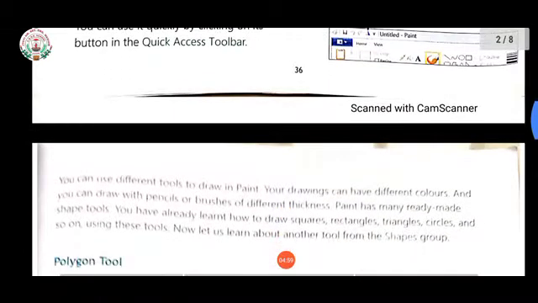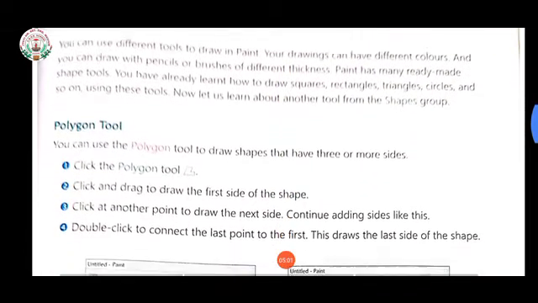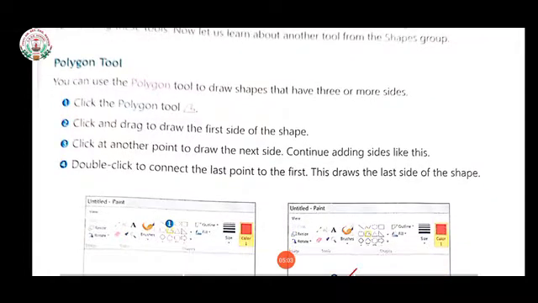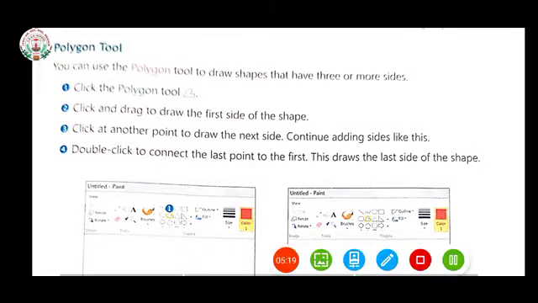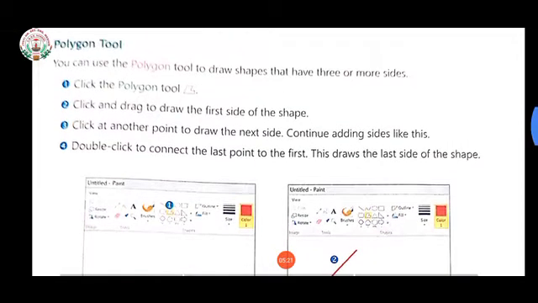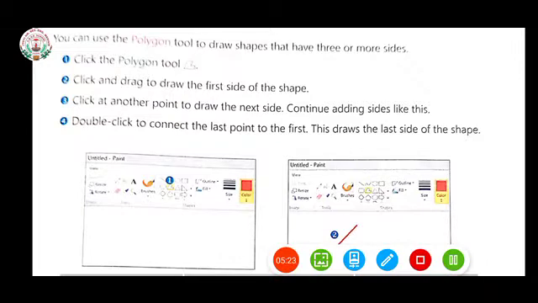Now the polygon tool. You can use the polygon tool to draw shapes that have 3 or more sides. How can you draw? First, you have to click on the polygon tool. Here is your polygon tool.